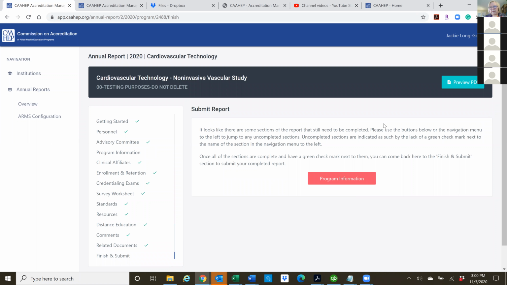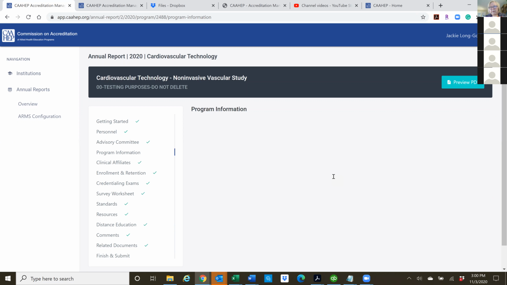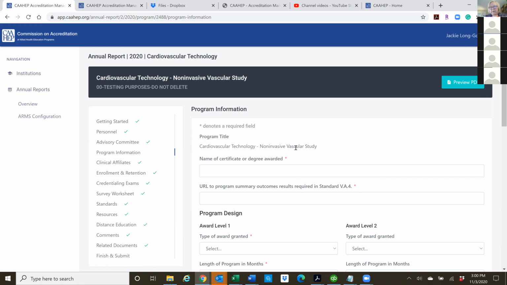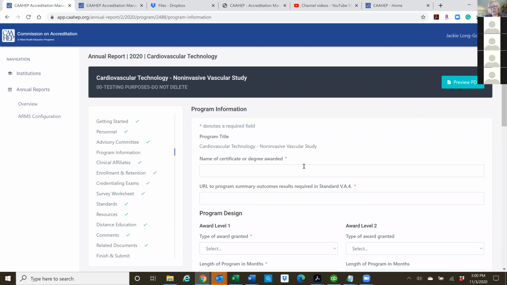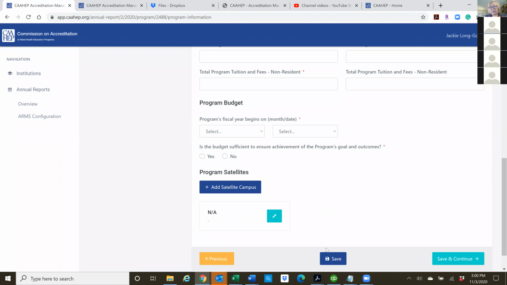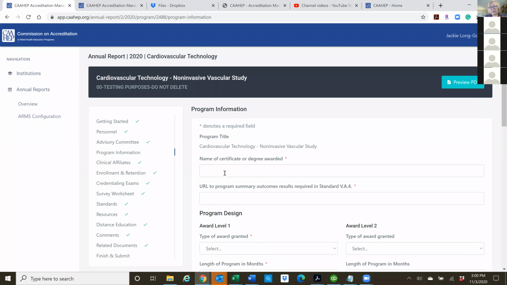So we get to the end. And so because we have this issue on program information, it tells us that you still need to go back and look at this. So let's go back here and see if we can figure out. It didn't save it. Okay. I know why, because I said save and continue. So again, if you get an error and you don't know what it is, then I would say click save at the bottom, the blue field, not save and continue, because it didn't accept it, it didn't hold my data.